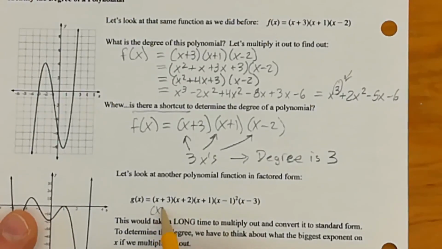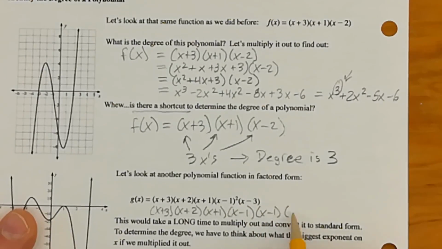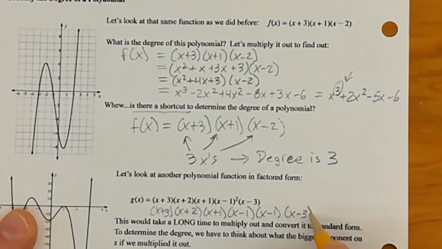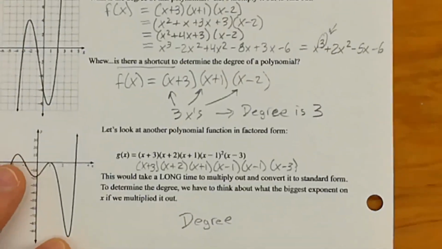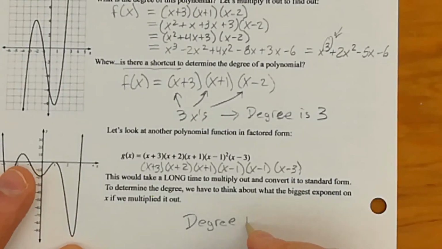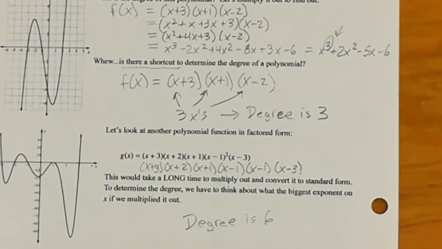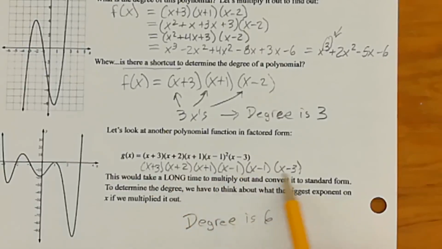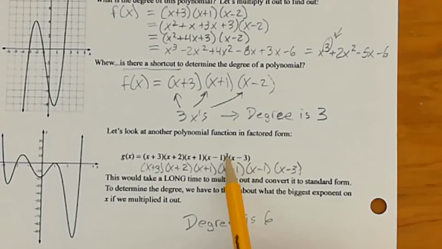If you think about it, if we expanded this out just a little bit, we're not going to do the full expansion, but really x minus 1 squared is 2 x minus 1s being multiplied. So really we have 6 x's: 1, 2, 3, 4, 5, 6. So the degree is, oops, can't see that. There we go. The degree is 6. And you could even avoid doing this. You could just go 1, 2, 3, 4, 5, and count this twice because you see that exponent of 2, 6. So 1, 2, 3, 4, 5, 6. All right, and that gets